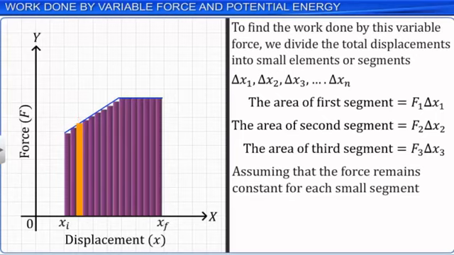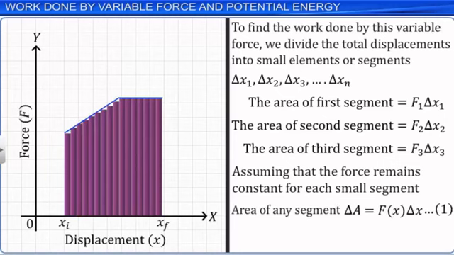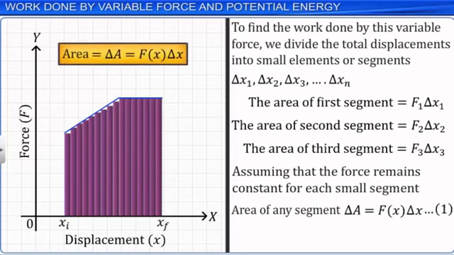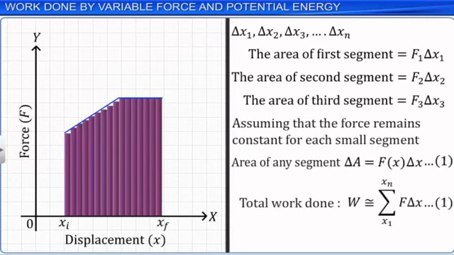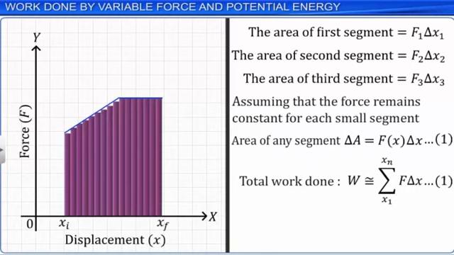Thus, the area of any segment will be denoted by the expression delta A is equal to Fx delta x. Let this be equation 1. The total work done is equal to the sum of the areas of all the small elements, which is equal to the summation of F delta x taken within the limits from x1 to xn, as in expression 1. If the size of each segment is very small, each segment tends to 0, and we have a large number of such segments,